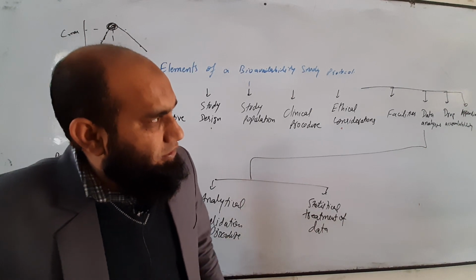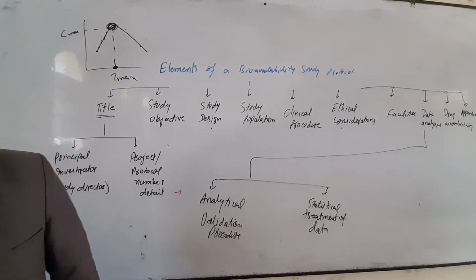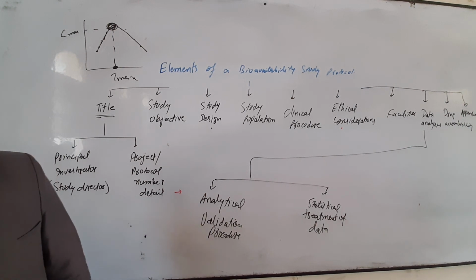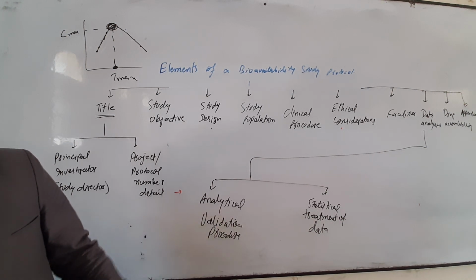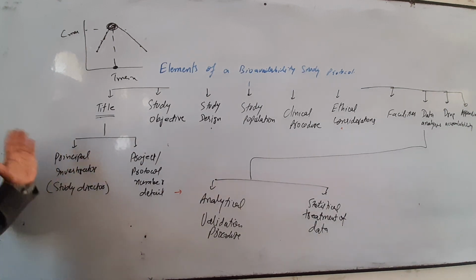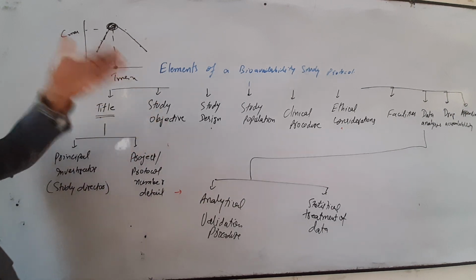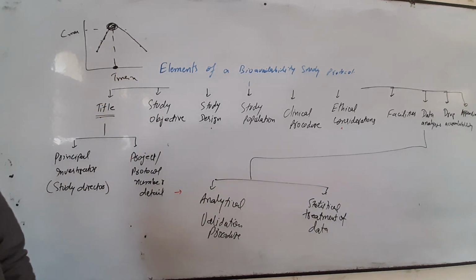Another is drug accountability. In case of drug accountability, we will have to check the safety of the drug, the safety parameters, their toxic levels, their toxic concentrations, and their doses. And at the last is appendices. We will have to construct appendices to make this study very simple. We will move one by one when we discuss the design, and then we will apply all these parameters.